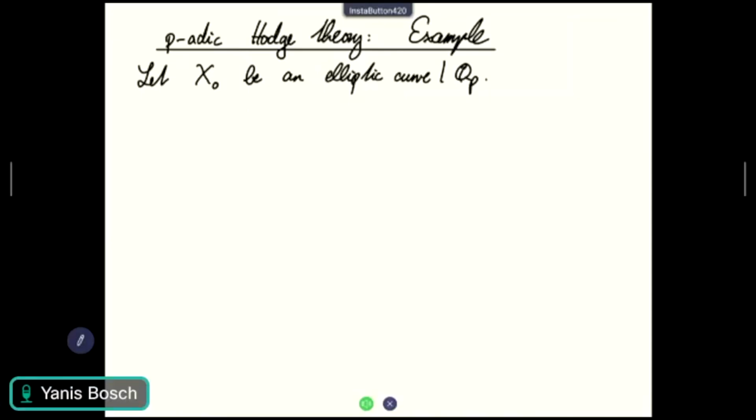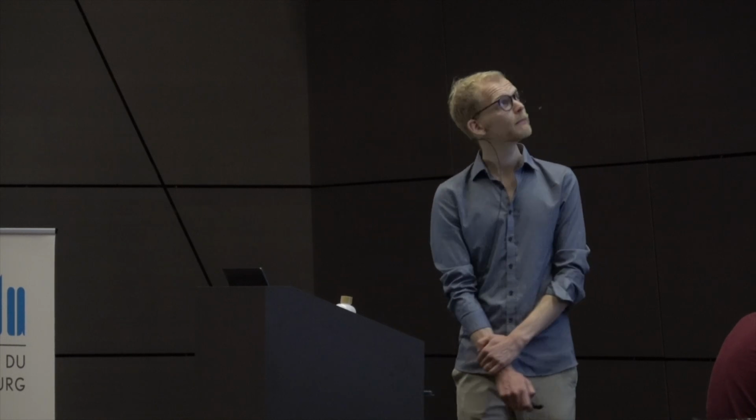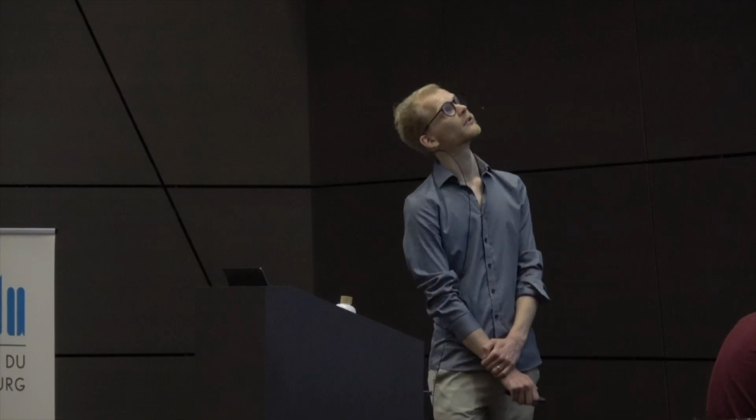Okay, so once again, let's do an example of an elliptic curve. So what does this Hodge decomposition tell me in this case? Let's say X naught is an elliptic curve over Q_p, and then we take the base change, and then there's a Galois action on this thing. This is really the setting of Tate in this famous article about p-divisible groups, in which more than one subject was started, one of them being p-adic Hodge theory. And what Tate proves is that there's a short exact sequence where in the middle I have the Tate module, what we now call the Tate module of X, tensored up to C_p. And then he constructs a surjective morphism to the differentials of X. And the kernel turns out to be